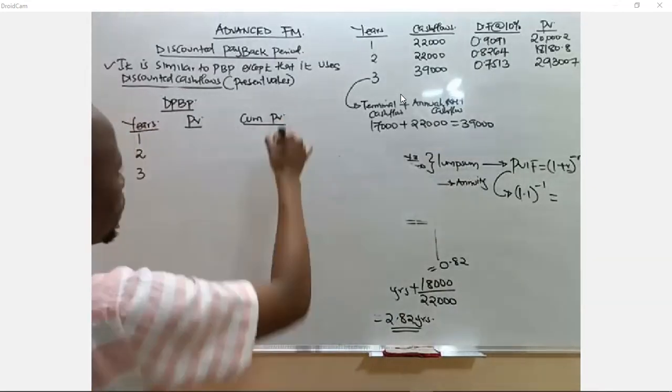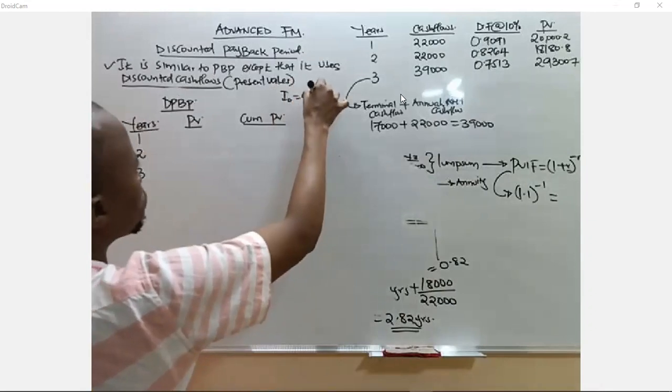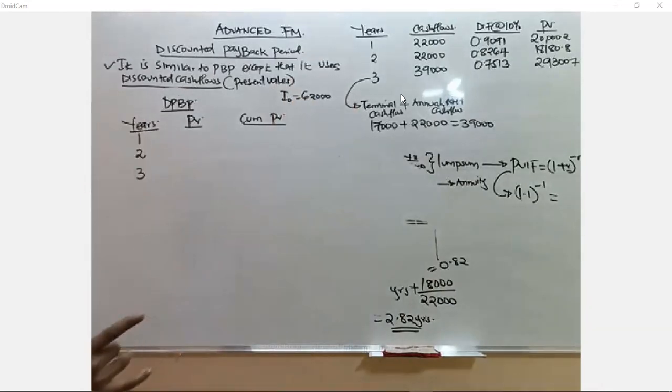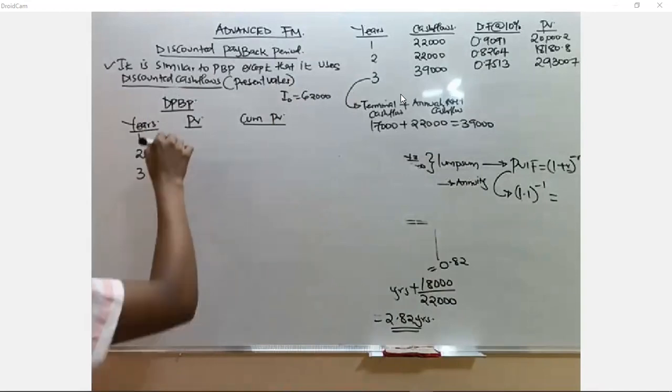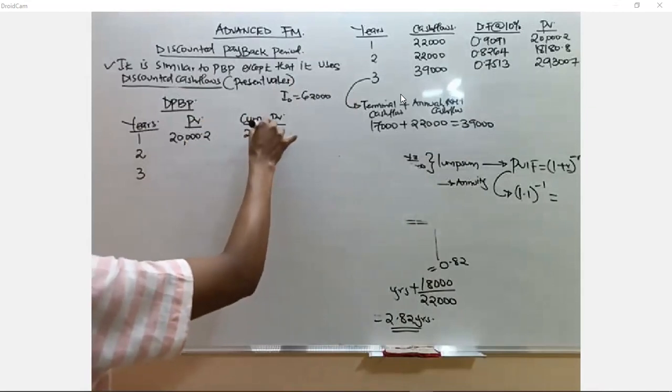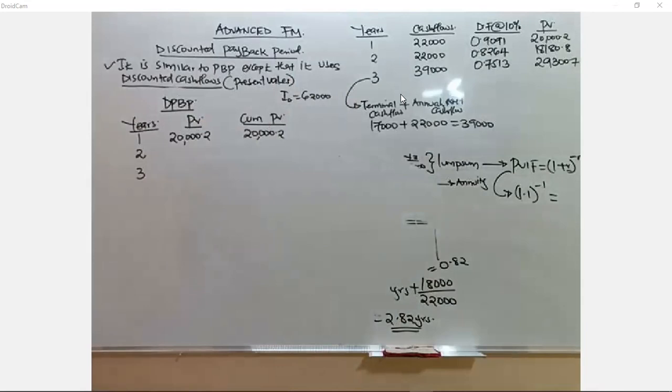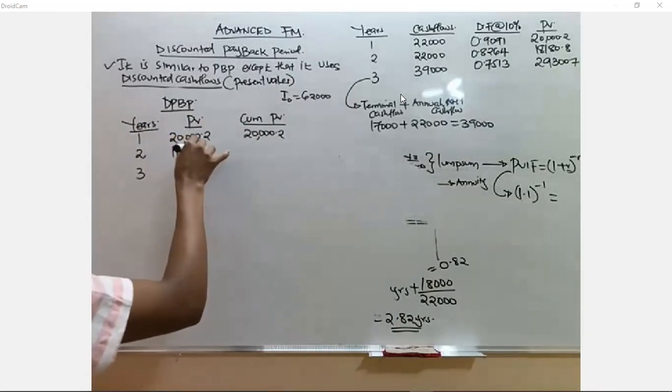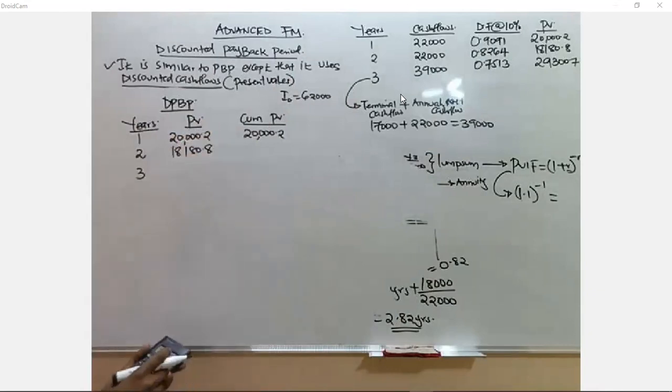At the end of the day, we need to get our initial outlay of how much? Our initial outlay of 62,000. So the first year will be 20,000.2. Once you accumulate it, it will be 20,000.2, right? After that, we can go to year 2. The present value is 18,180.8. Once you accumulate, take 20,000.2 plus 18,180.8,